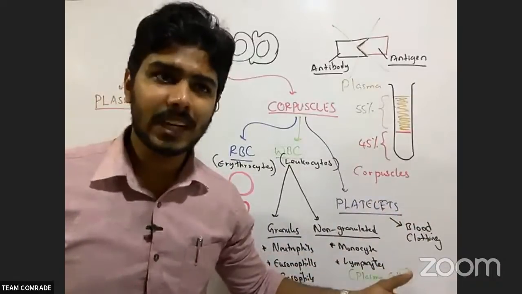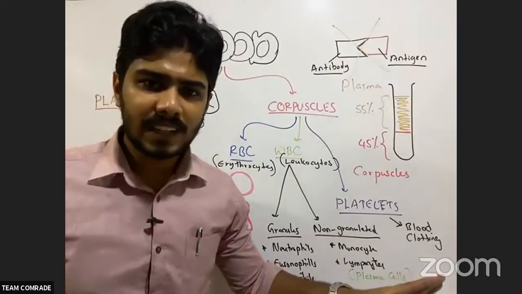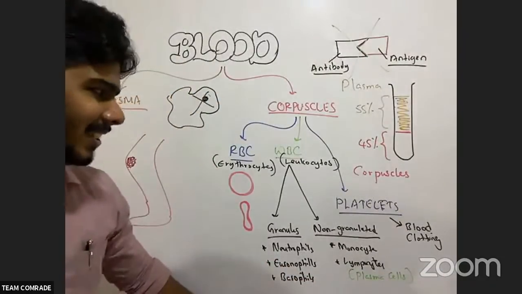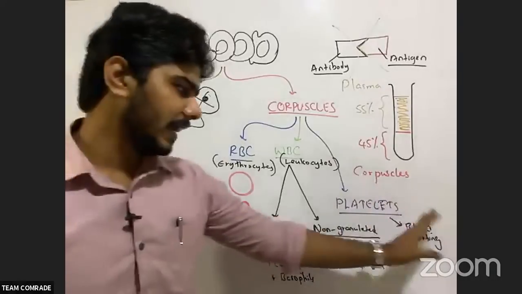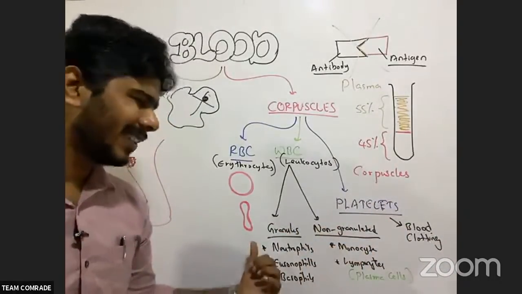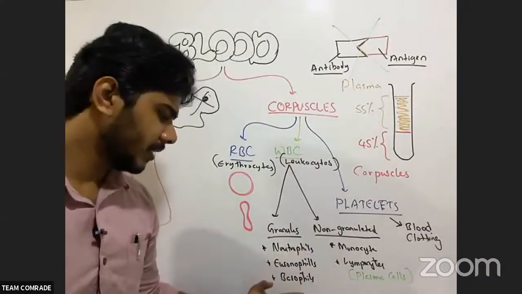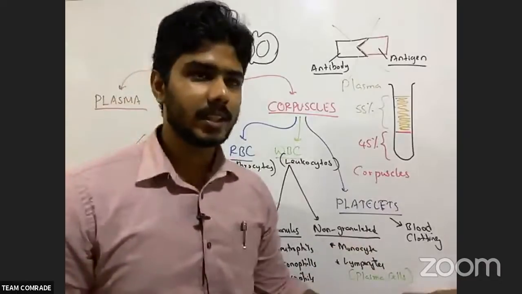When you have an allergic reaction in your skin or somewhere, the basophils come into the field and attack, right? Like that, several things are there. You need to study them. So platelets are for blood clotting. Here, granulated and non-granulated cells are there, which you can study in grade 11, right? So neutrophils, basophils are there. Monocytes, lymphocytes are there, right?